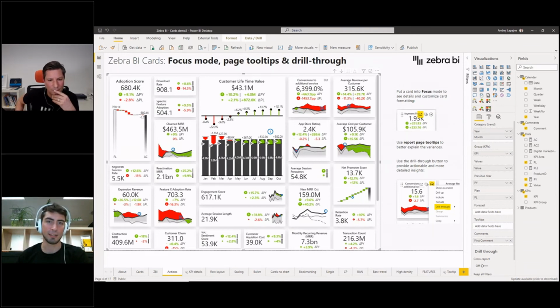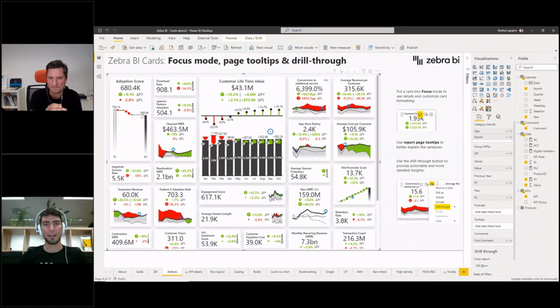Okay. So the next question was, can you set the scaling of the chart? So can you set certain charts to be on the same scale? Yeah, I did show that. Yes, absolutely. I believe this is one of the strongest features, at least for me. I'm a data visualization professional, so I'm very, very happy. It's my favorite feature within this visual. As you can see, you can have several groups of visuals with the same scaling, and the number of those groups is unlimited. You can have 20 different groups of visuals that share the same